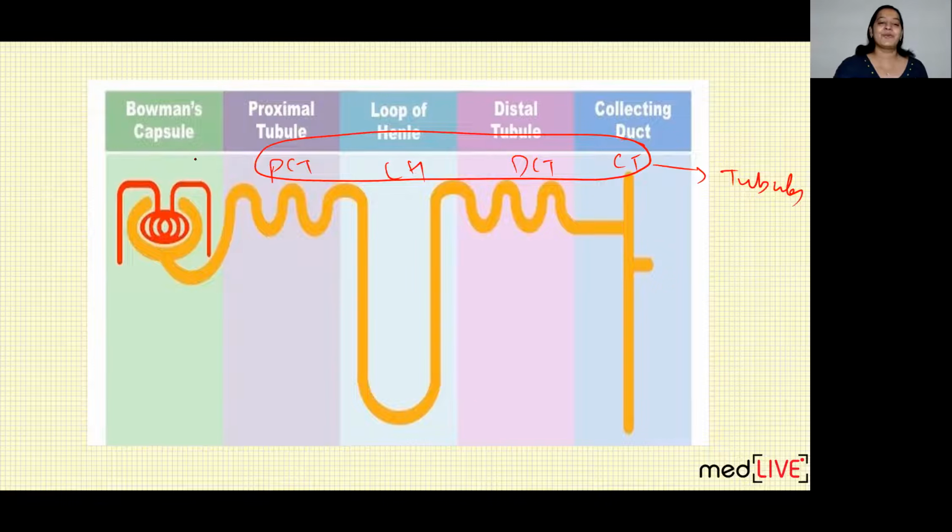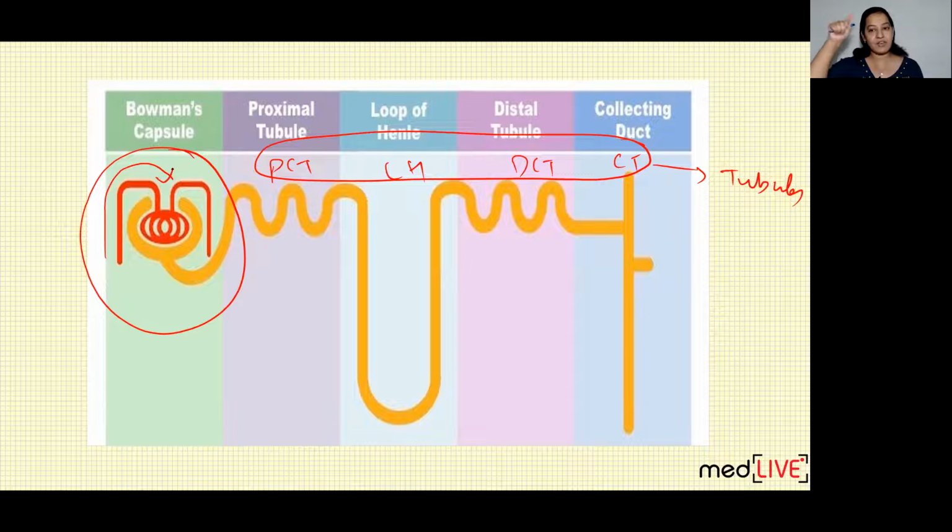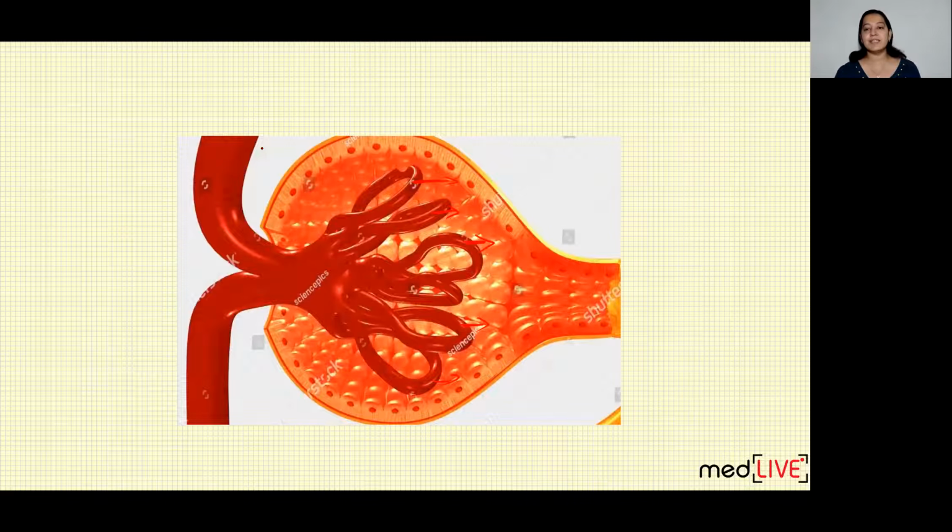Now concentrate on the glomerulus. How does this glomerulus function? How is it formed? Can you see an arteriole is coming inside it, forming a tuft of capillaries inside it and exiting out of it. This arteriole coming inside is known as afferent arteriole. Afferent arteriole is coming inside, forming a tuft of capillaries and going out as efferent arteriole. So afferent arteriole is coming inside and efferent arteriole is exiting out. And in between, a tuft of capillaries is formed. Can you see this in this diagram?